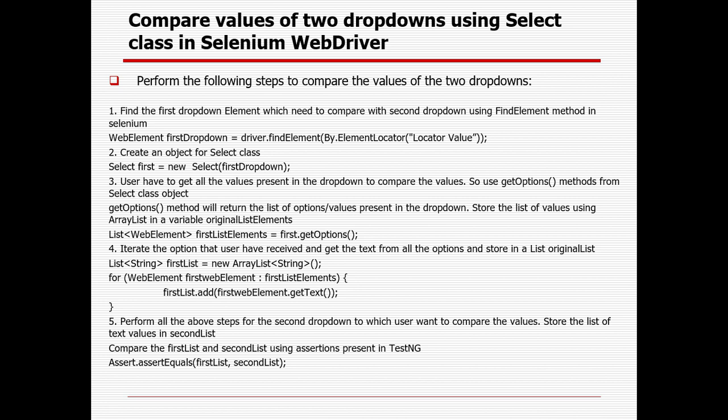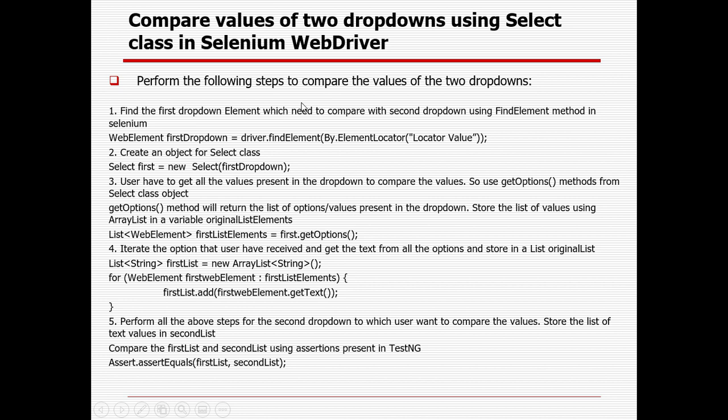I'm giving a simple example, say you have a name, country or state drop-down. Whenever you are dealing with a web page, maybe some other web page also has these two drop-downs available. Suppose you need to validate whether the drop-down for the state or country is matching with the other page's drop-down. In case it is not matching, you need to fail it. Or maybe you need to validate a particular country or name drop-down with an already saved database record. So you can also do it.